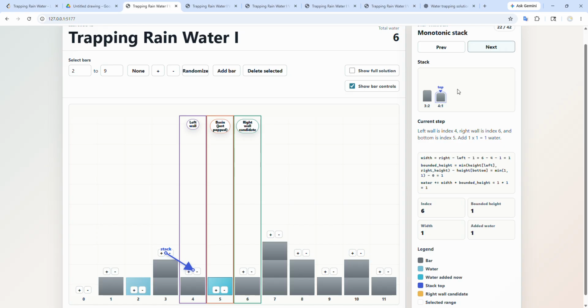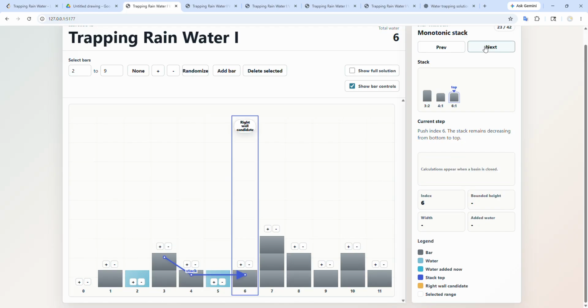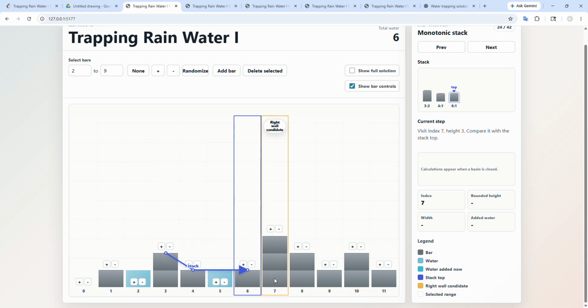Now we will go to the next element, and the next element is going to be the same as this. So we just add it here, the same as the top of the stack. Since it is not higher, we just add it. We go to the next element. Now this is a larger element, which means we have to pop the base, right? So we pop the top of the stack, and whatever is the top of the remaining stack acts as the